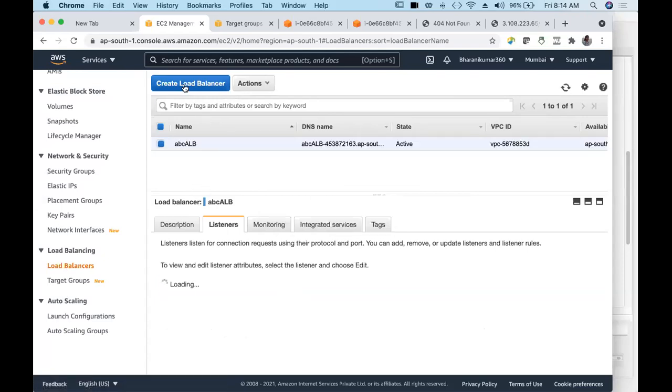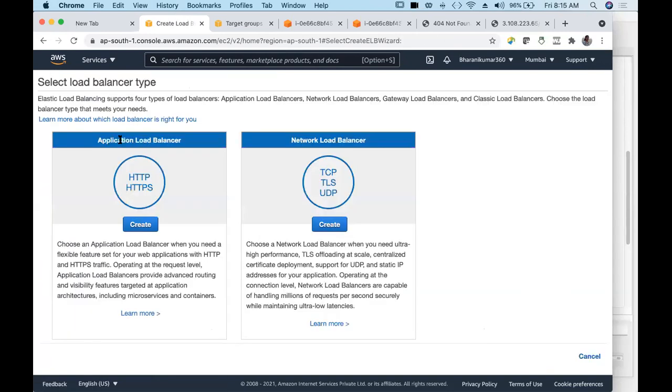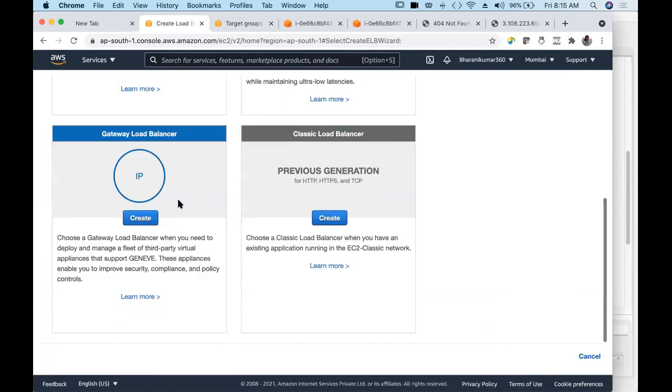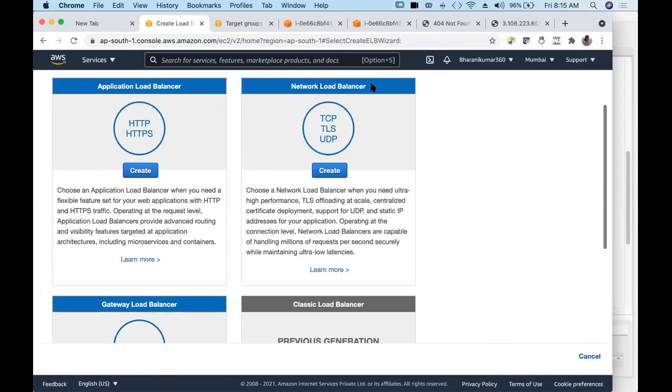In load balancer, see there is an application load balancer, network load balancer. Try with classic load balancer and also with network load balancer. Try to do these two things also. Okay.